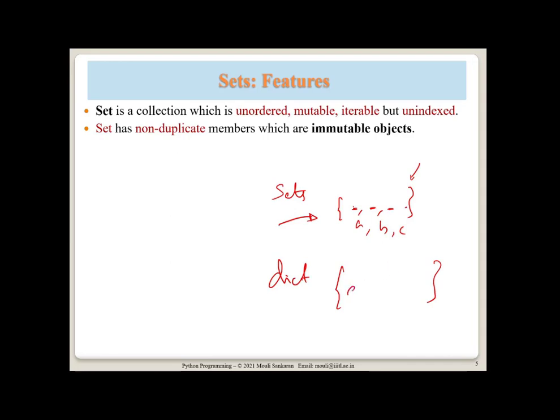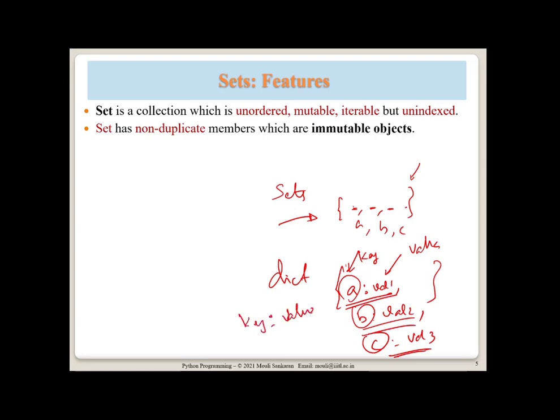Now a dictionary will have maybe A as a key and val 1, and then B colon val 2, then C colon val 3. Now this A, B, C are called keys, and this is the value, and every element in a dictionary is a key value pair